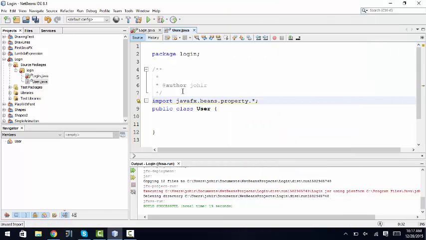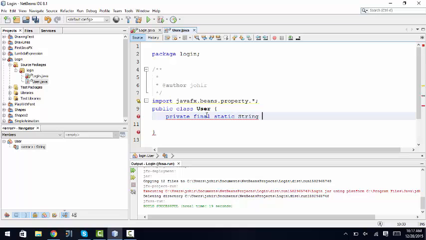All the properties are imported. Now we will do many things here. Private final static String USERNAME_PROPERTY_NAME. The name of username property is username. Okay,